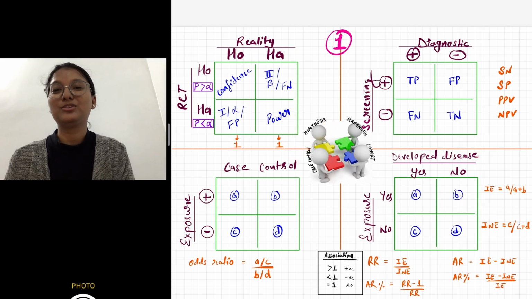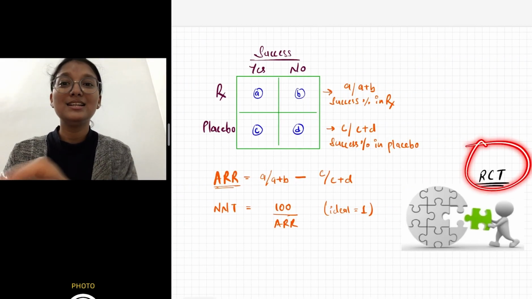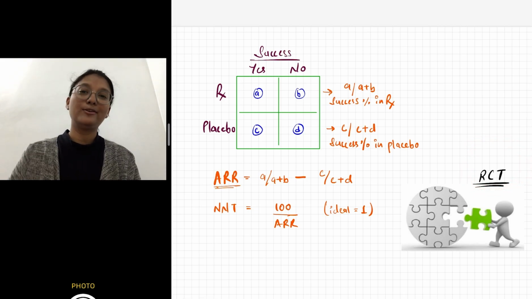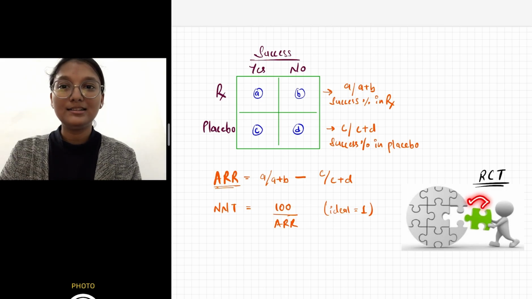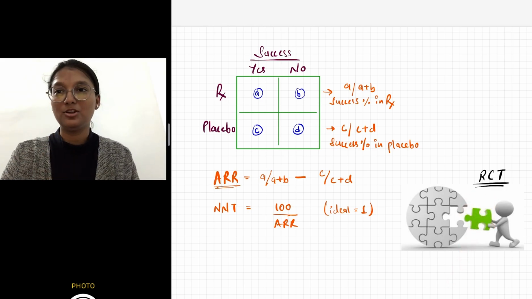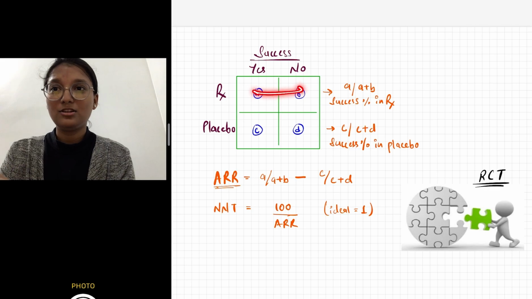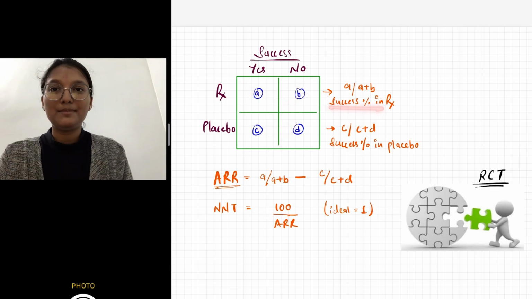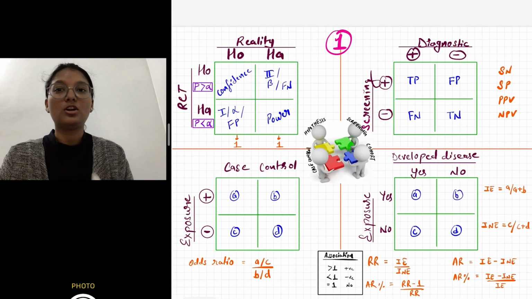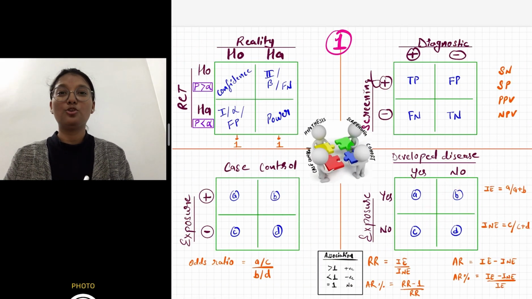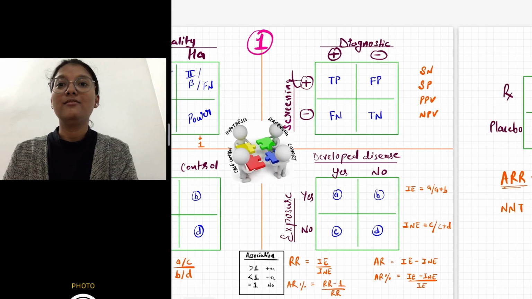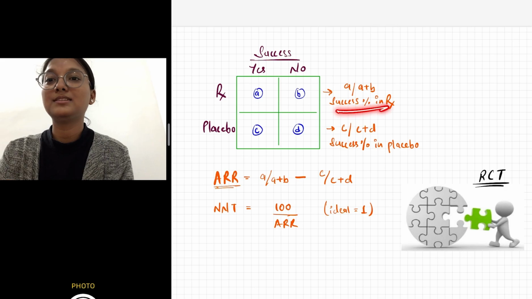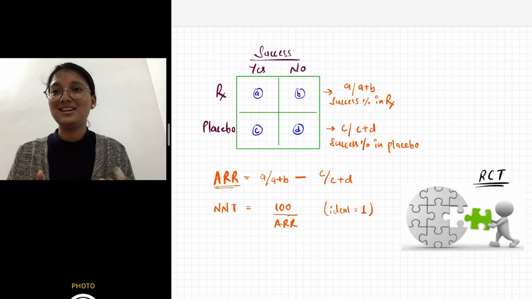Okay, it becomes hypothesis. But when we look at this RCT separately, it itself has one 2 by 2 table. So don't interlink them, this table also. So there is also a horizontal relation, that is the percentage of success, a upon a plus b, exactly the same as what we have seen in the cohort. In cohort we see the development of disease, whereas in the RCT we usually see the response of treatment. So we calculate the percentage in terms of success. It could be the failure also.